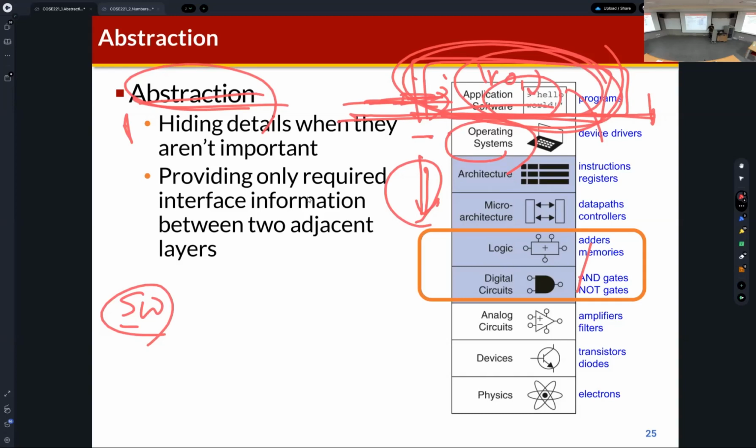If you understand some basic concepts of other layers, it will be helpful. But if you focus on one layer, you can understand the details of this focused layer without needing the detailed concepts of the other layers. This is the concept of abstraction, and I also explained that this concept